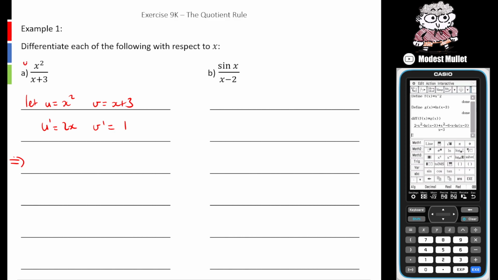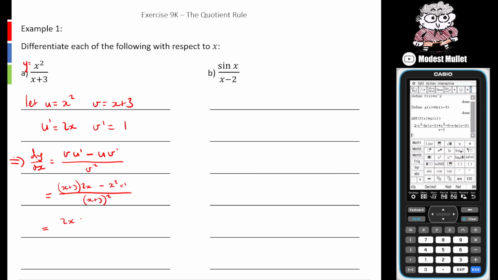So it follows on that dy dx is equal to v u dash, take away u v dash, order is important, all divided by v squared. So we're going to get v, which is x plus 3, multiplied by u dash, which is 2x, take away u, which is x squared, multiplied by v dash, which is 1, all over x plus 3 squared,